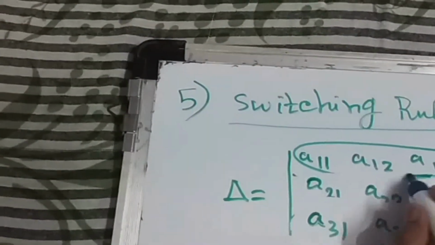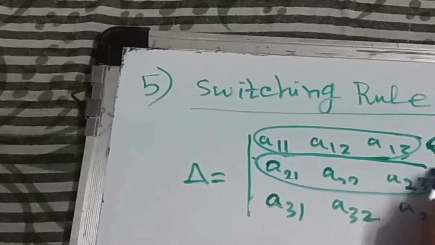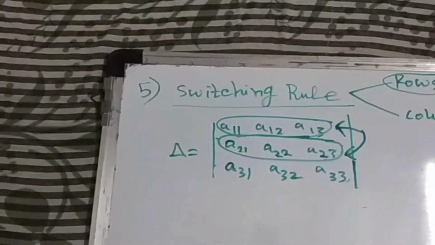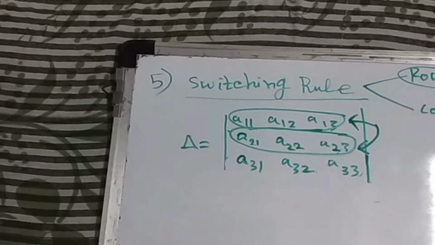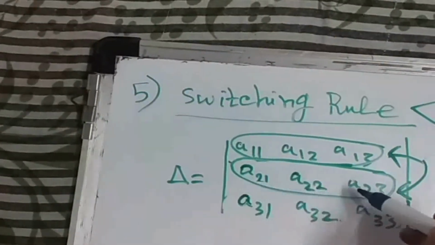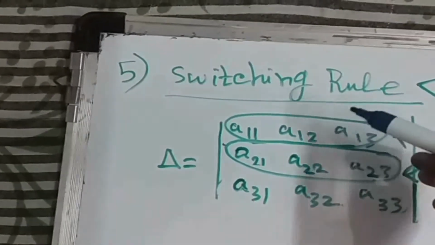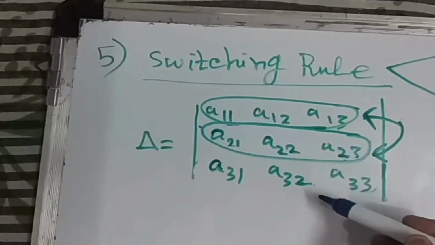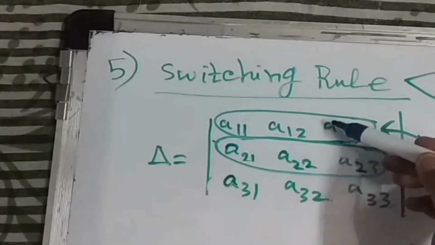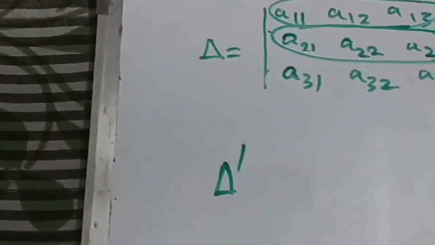So the first row is jumping over zero row. It means the first row and second row I am interchanging. It is not jumping over any row actually. It means n equal to 0. First row will be written in the place of second row, and second row will be written in the place of first row. If it is coming from here to here, it is jumping over the second row. If it is coming from here to here, it is not jumping at all, means it is jumping over zero row.